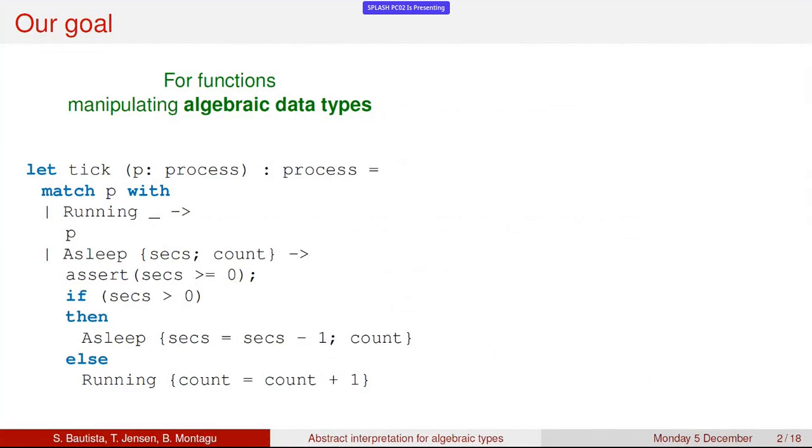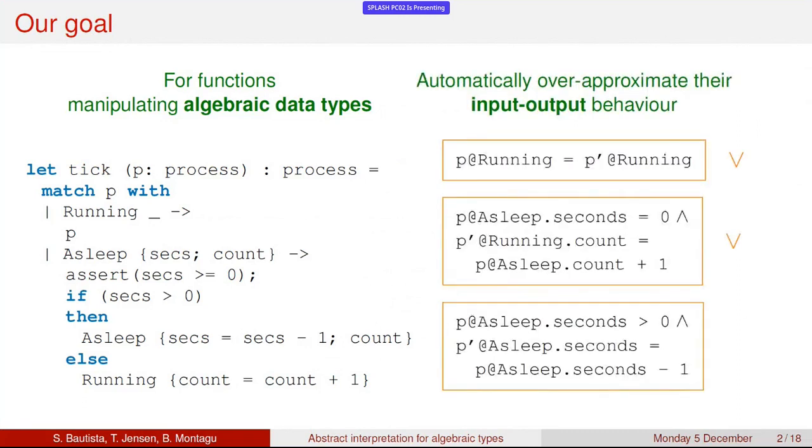So to have an analyzer that is able to look at the code of a function that manipulates algebraic types, and that is able to compute from it a summary of the function in a way that is able to over-approximate the input-output behavior of the function. So one way to look at this is that we are trying to guess the specification of the function in a way. Okay, and so one of the challenges is that we are trying to do this when we